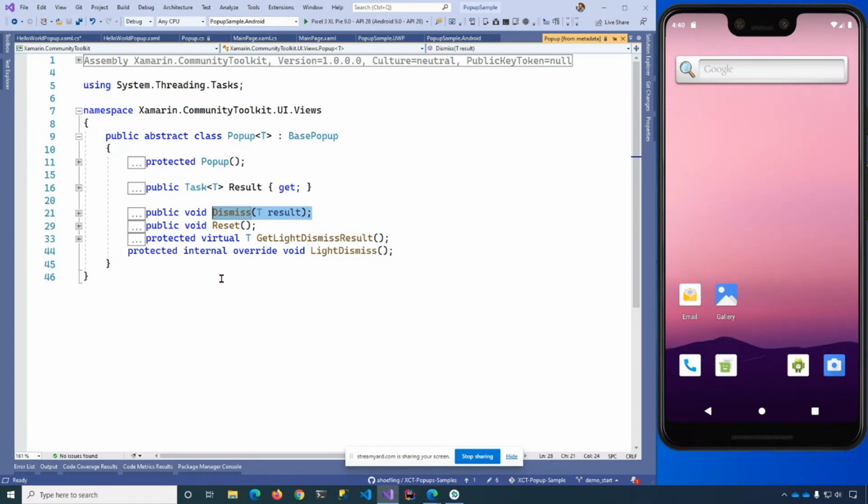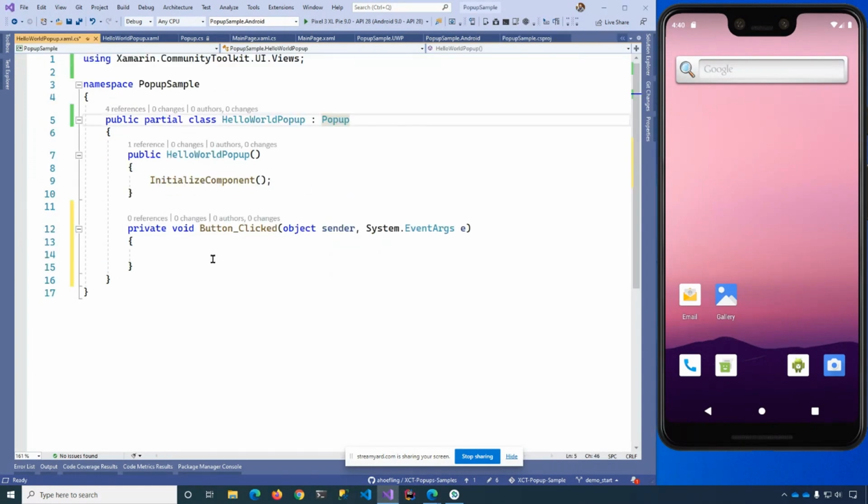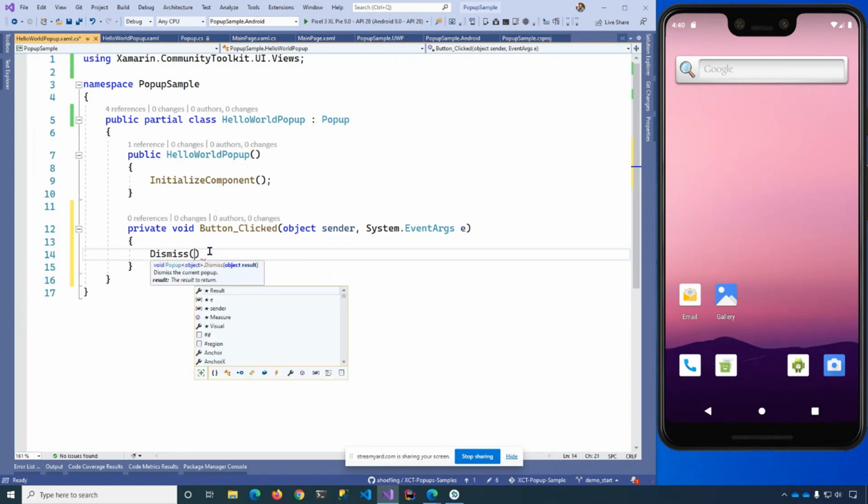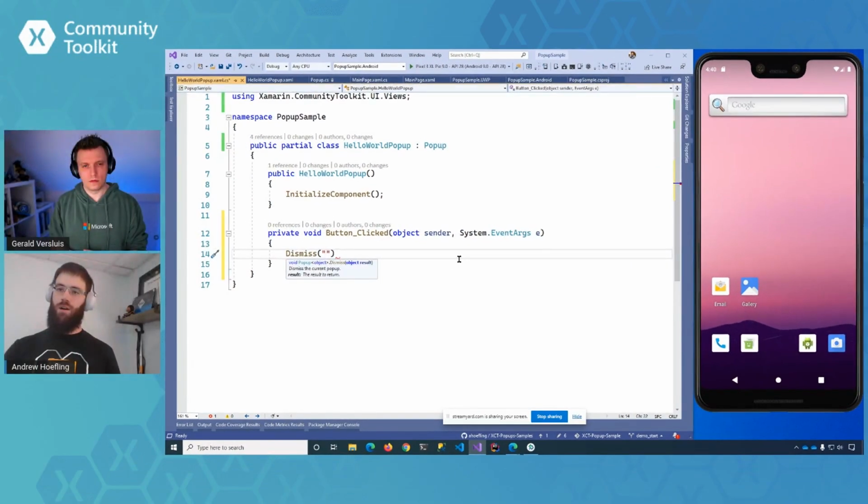Two, it will return data back to the code that invokes it so you can do something with that. So from the context of our pop-up, all we say is dismiss, and we pass in our result. So if we head back to our hello world pop-up, I could say dismiss, and we'll pass a string in. So let's say we want to return a message, and we'll just say, return from XCT pop-up. Simple enough message.